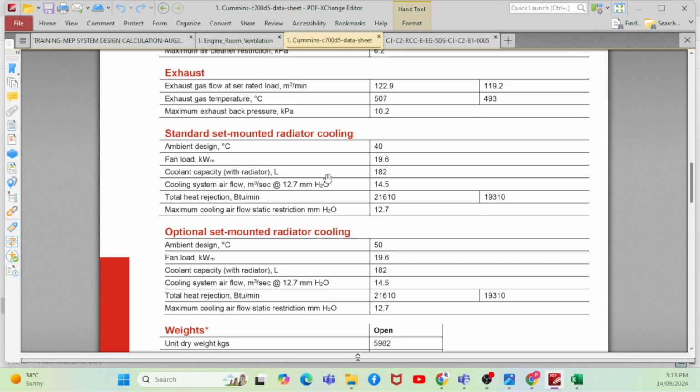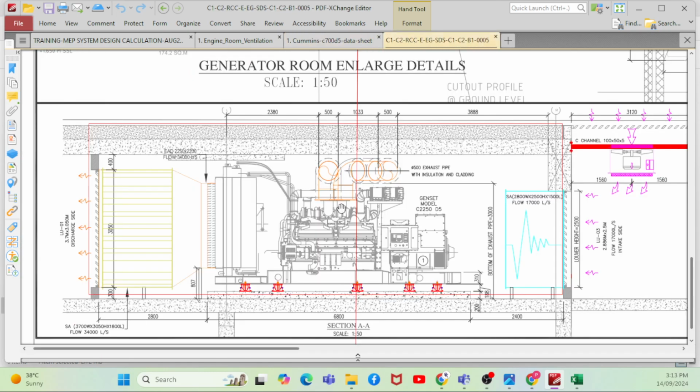No, not for that reason. If you go to the generator diagram, you can see that there is an intake air. The intake air, when it comes, is required for cooling the radiator, and also you have an engine, right? When you talk about fuel, when you want to burn the fuel, you need three things. One is the heat,